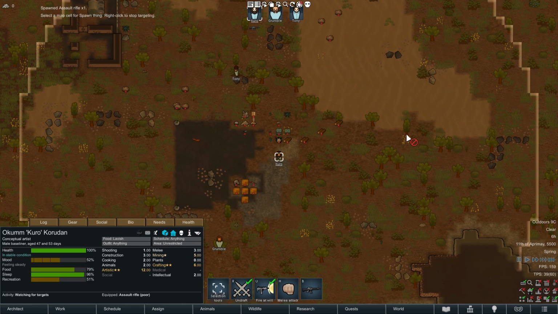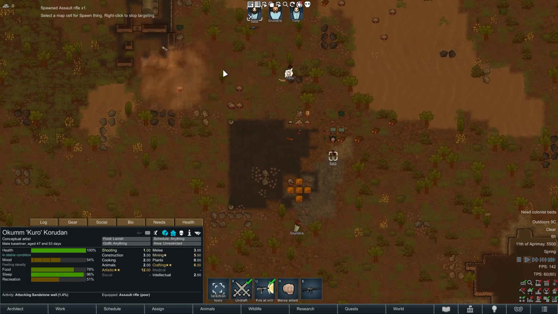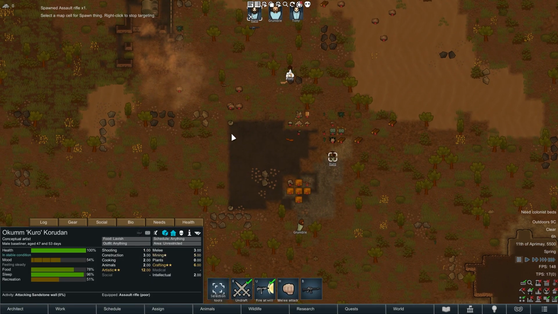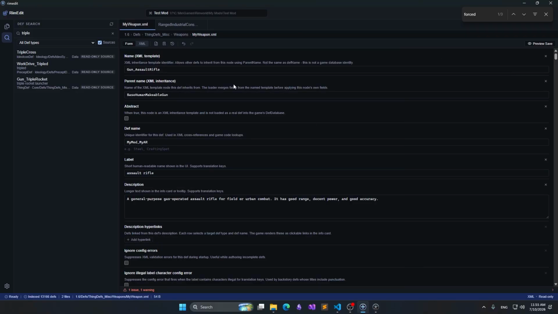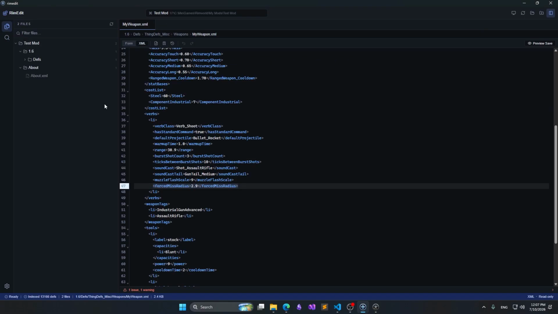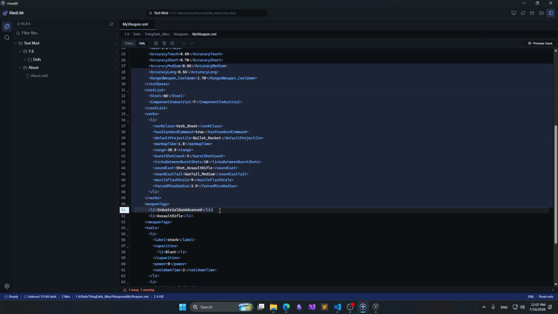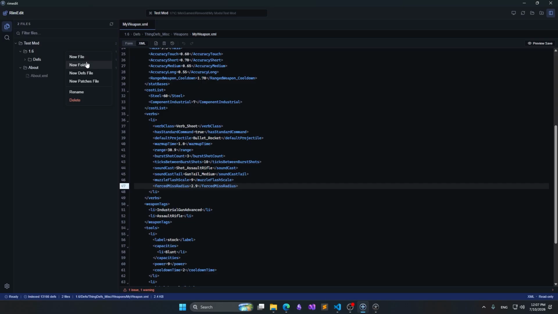Does it shoot? Oh, you can't target. Yes, you have to target that. Okay, looks good. So let me close, and now we're gonna create a patch for the original assault rifle. We can close this out. Okay, now that we've made a new weapon and made sure it's working, let's do a patch for the original assault